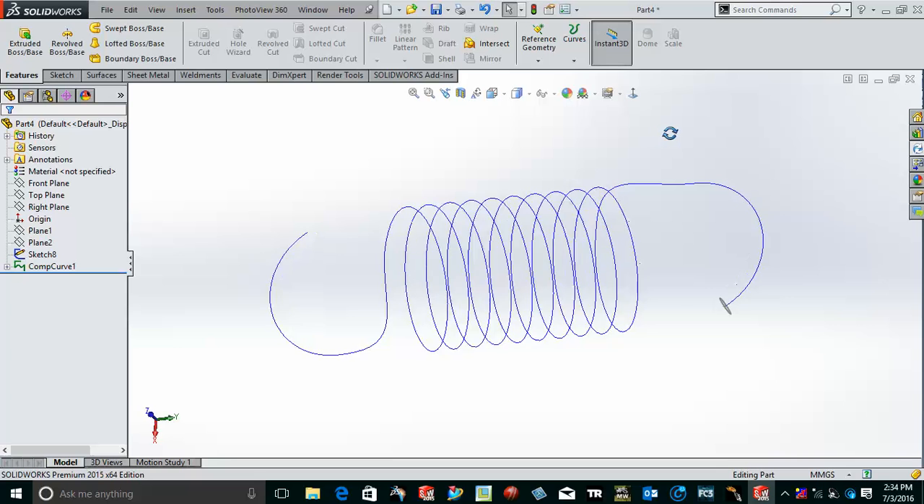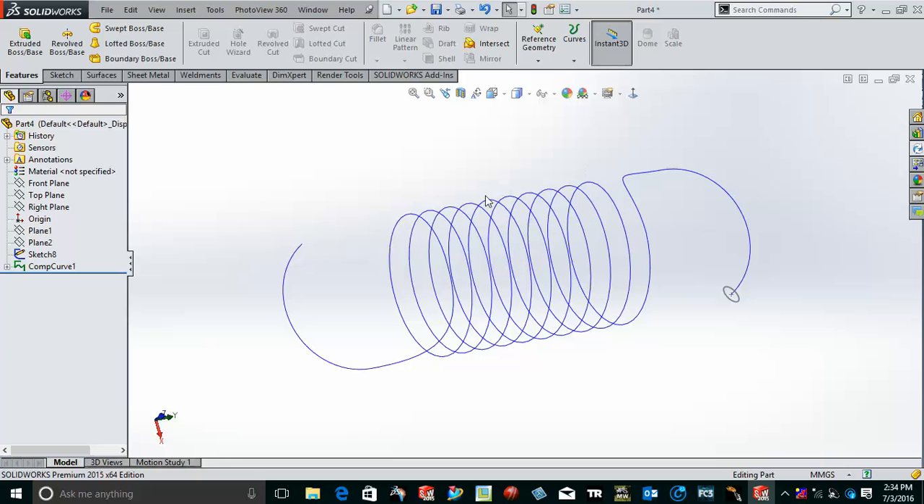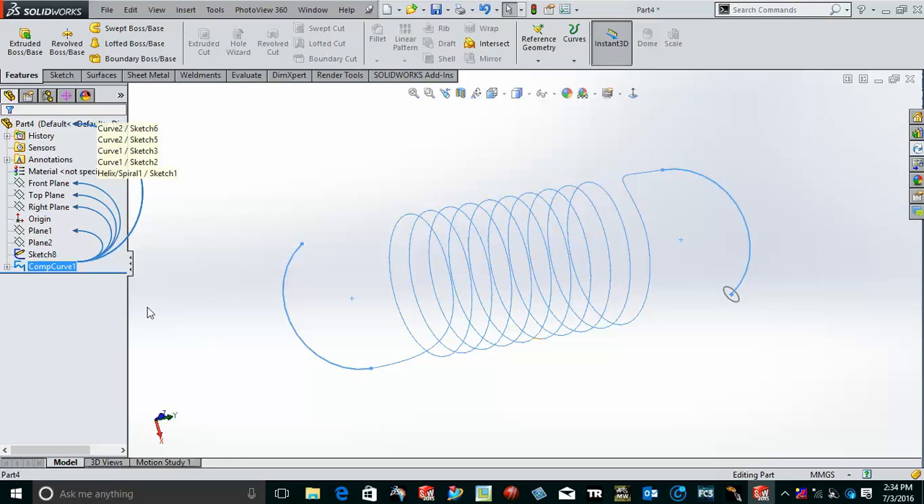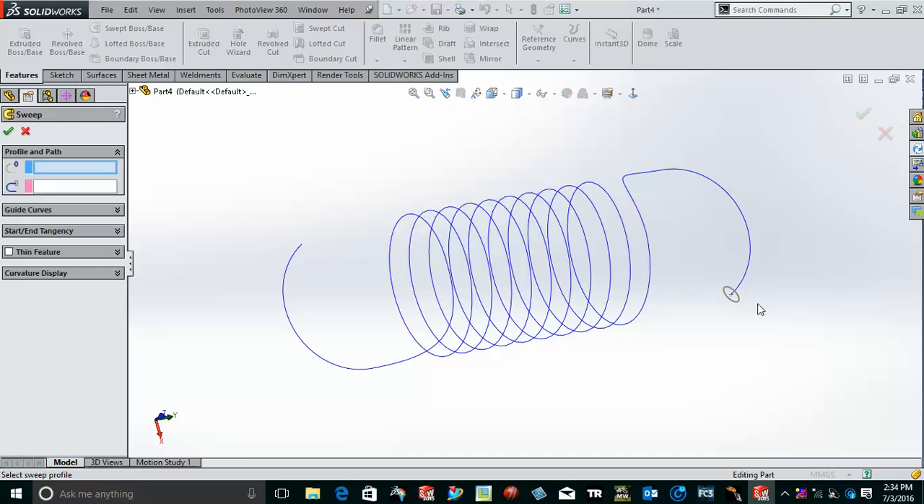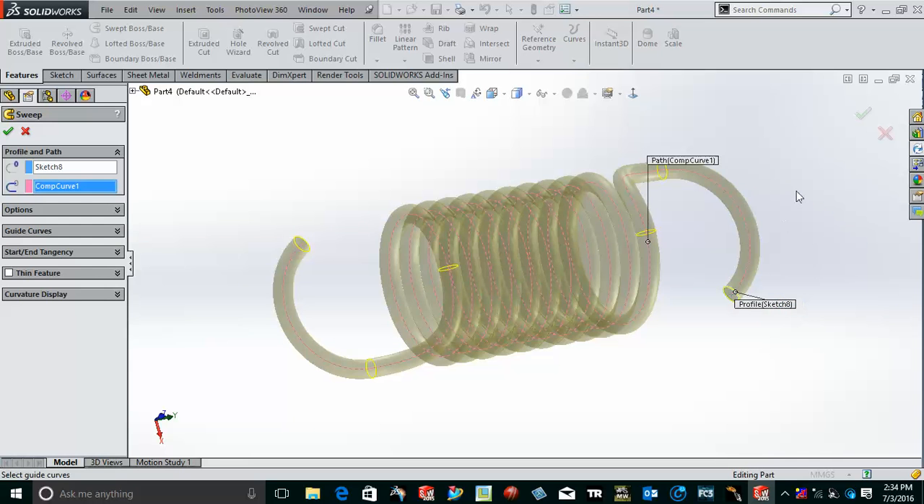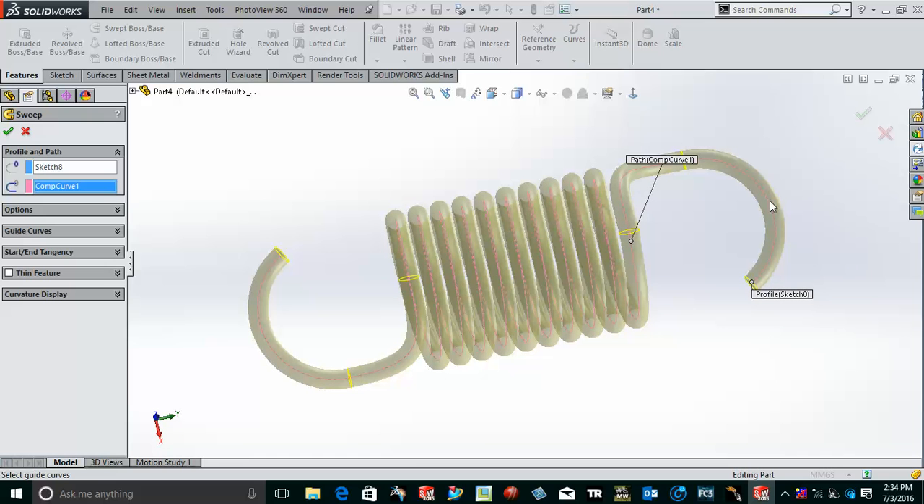Okay, now they all are composite. You can say they are combined and we are having only a single curve which is known as the composite curve. You can see it is selecting all the things, and it has formed a group. Now we will again go to sweep and see what happens now. If we select this curve, it will be selected fully and we will get a resultant spring. Now you can see it has fully formed, and if we go okay,